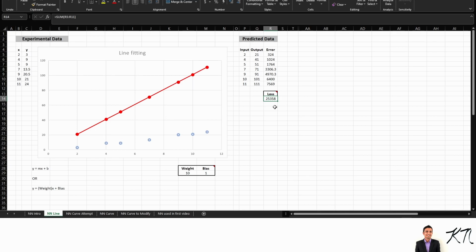25,000. What you're trying to do is reduce that. So this is a quantitative way of saying how bad it is, right? And how do you get this loss? Well,